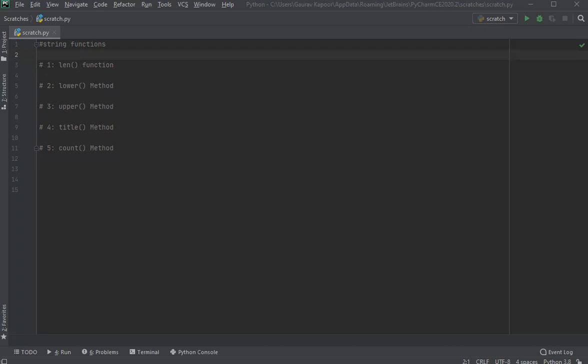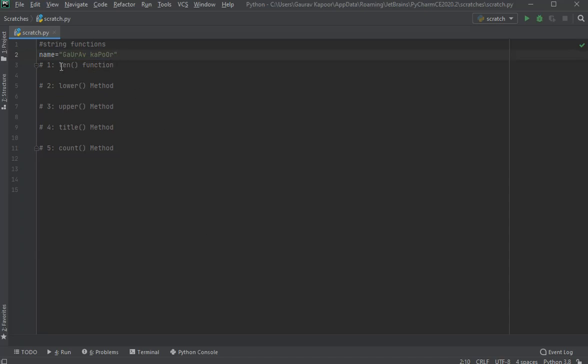For that, I'll be taking a variable name and we'll be assigning a string onto it with my name. So this is a string, but I don't want this string to be like this because I need to try a few things over here. So I am giving some upper cases and some lower cases in the string. So as you can see, there are a set of upper cases and lower cases in the string.